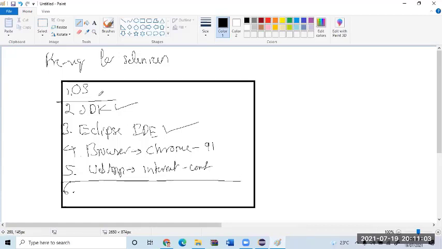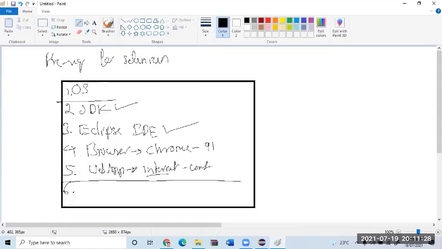Tell me the prerequisites for Selenium. What do you need? JDK, Eclipse, a browser, a web application, and web application access using the internet. Can I use the web application on my own laptop without internet? Yes, you can do that. For that, you have to install the web application, host it and all. Very complicated. Let us not get into that business. Let us use a simple internet connection. Internet is cheap now, right?